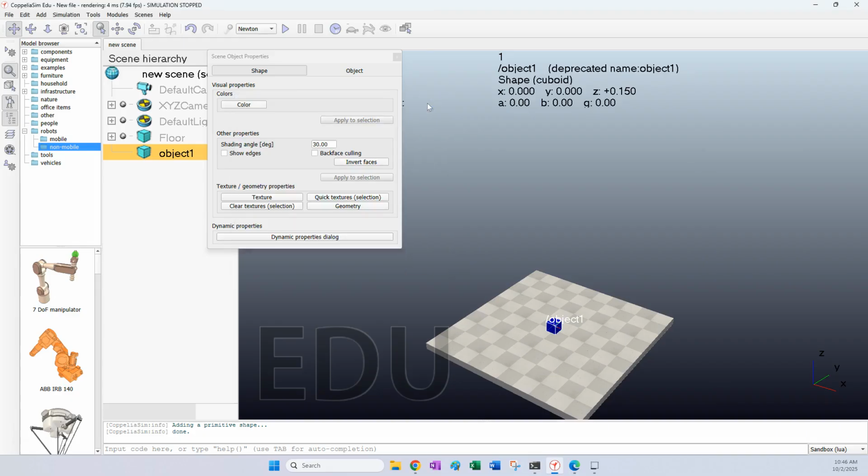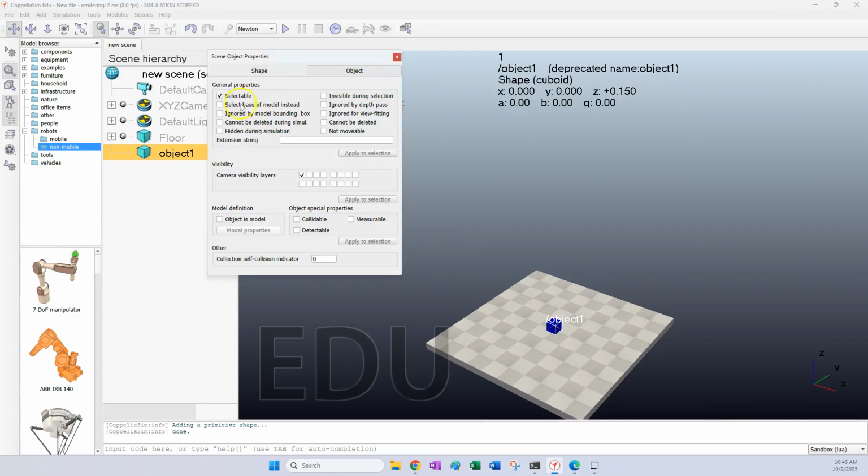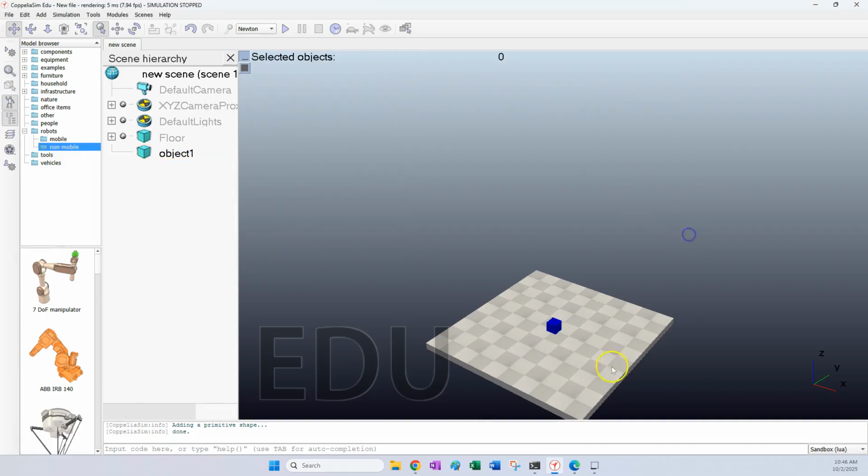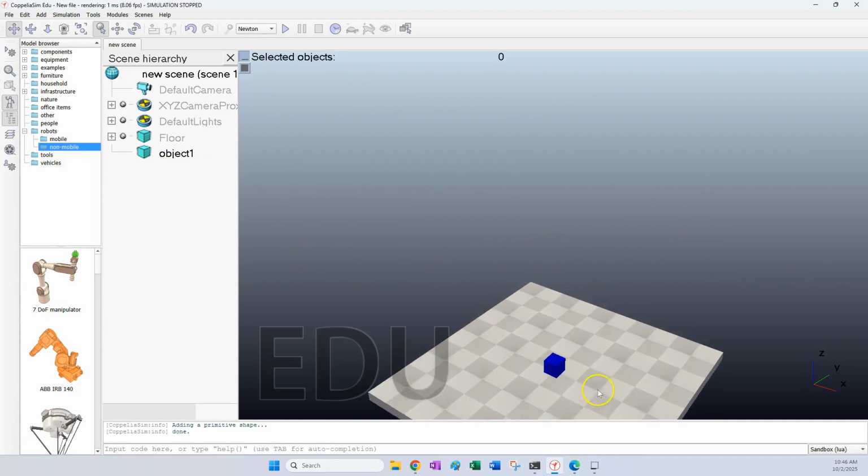And then under object here, there are other properties that we're going to talk about later, including collidable, detectable, and measurable, which is going to be in my next video. And this is if you have a robot and you can look at the self-collision. So let's say this is my first object that I made, and now I'm going to go ahead and bring in